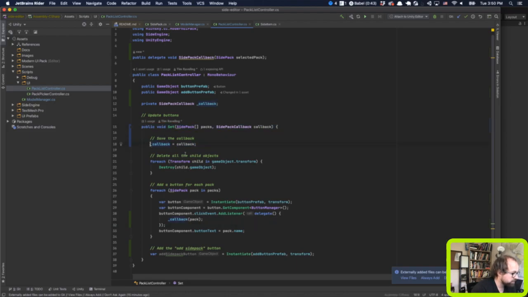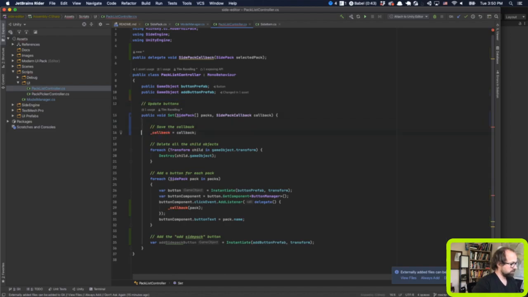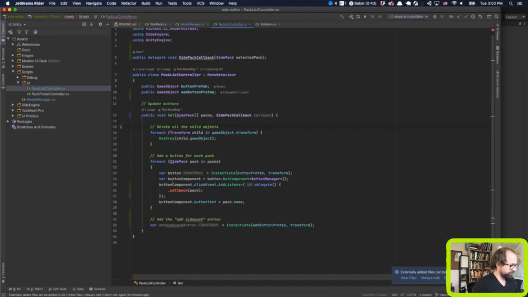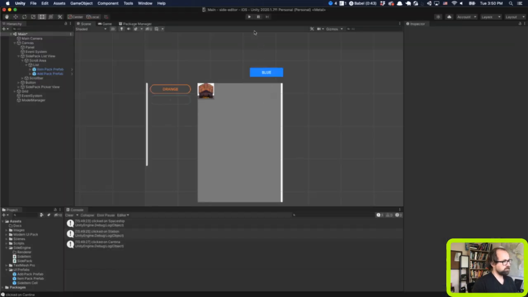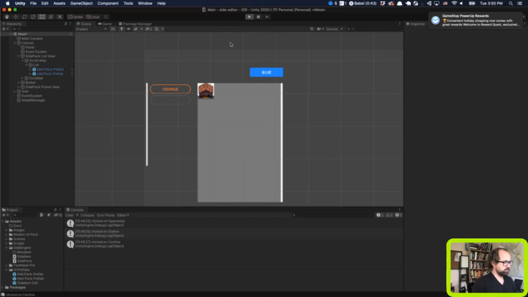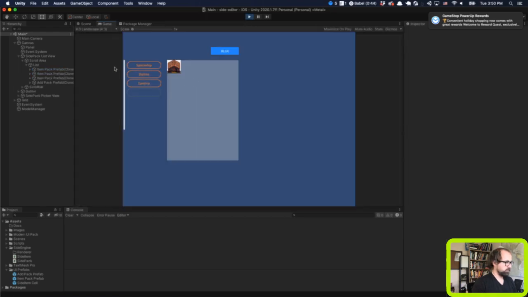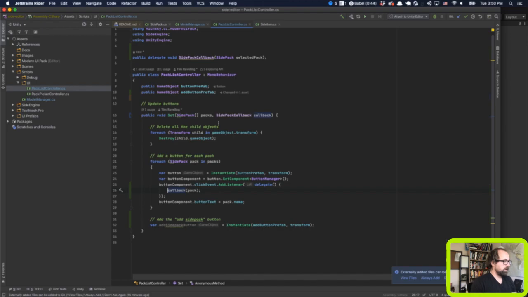Persisting that here, I'm not 100% sure we actually have to do this in Unity. Let's actually just find out what happens if we don't. Will it still work? Sure does. Okay, so we don't even have to persist it locally, which is kind of nice. Alright, so